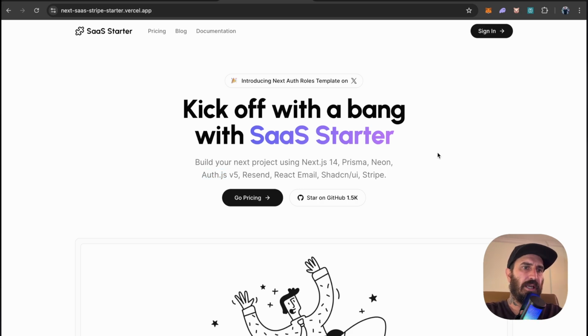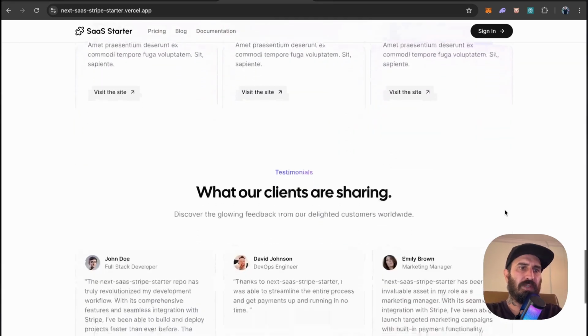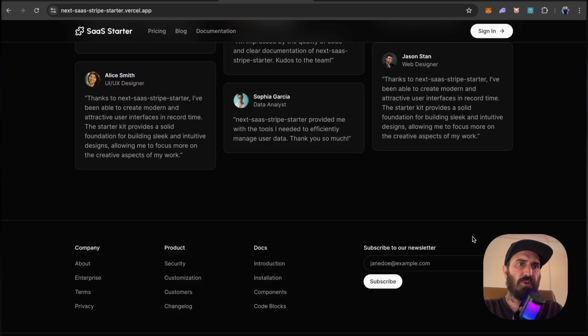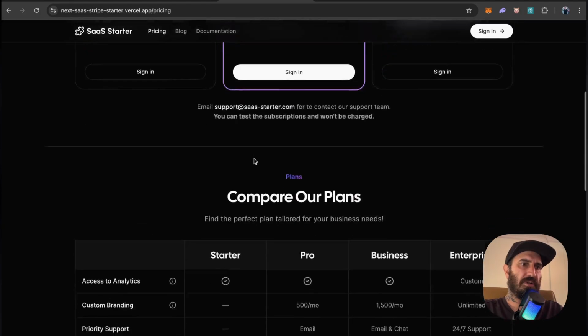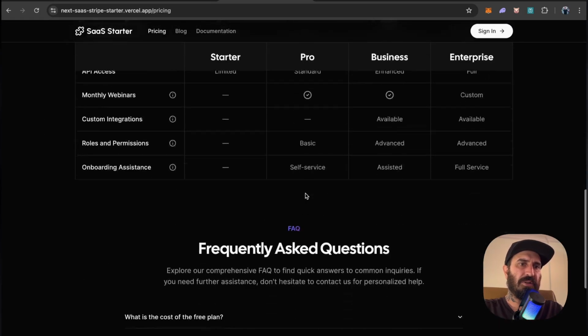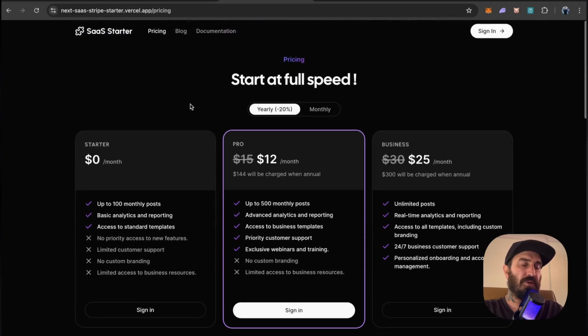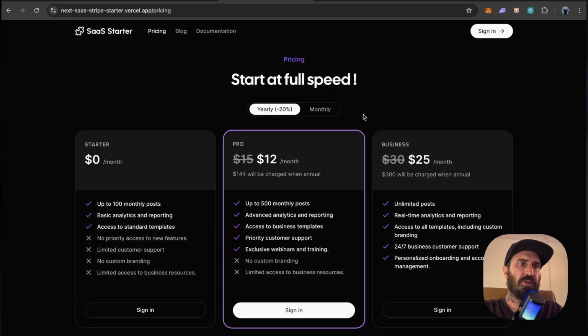Just looking at the front page, it's just got some demo content, just to fill up the site a little bit, but you can see what's possible. It's got a light and dark mode available out of the box. It's got a nice little pricing page, and then the comparison table comes pretty stacked with features, ideas for designs and stuff like that. If you're trying to build fast, your customers want to sign up, they have to sign in first, which is really cool.